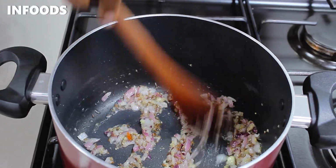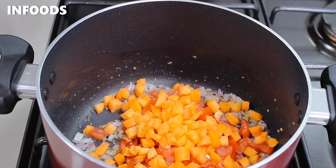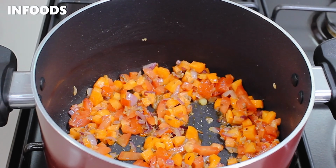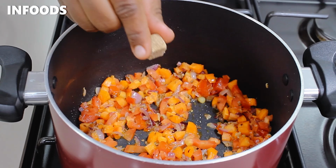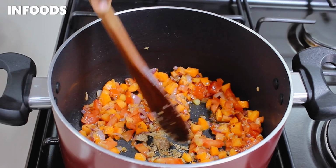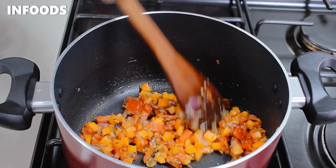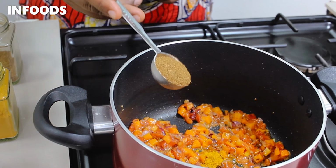When the onions are starting to get a very nice color, I'm going to be adding in 1 tomato and some carrots. Give everything a stir. While the tomatoes are cooking, I'm going to add 1 Maggi cube, as the tomatoes are cooking, I'm going to add in a 1/4 teaspoon of turmeric, 1 tablespoon of Pilau Masala,